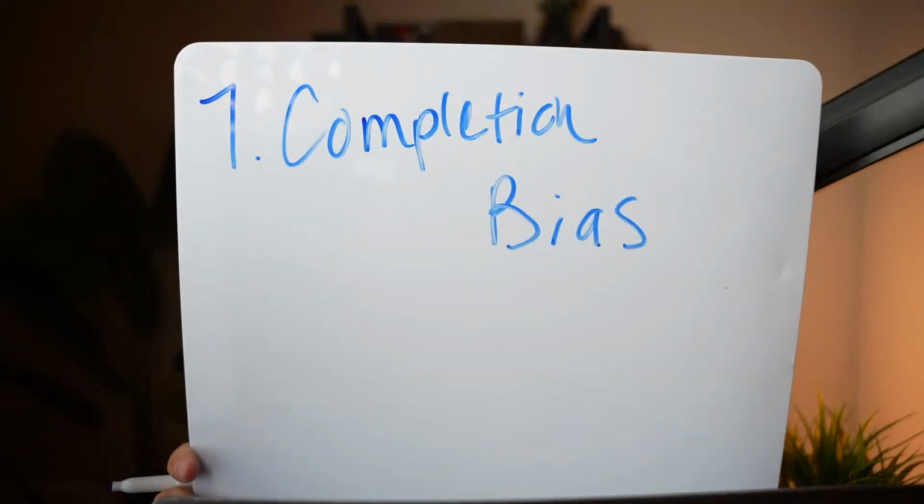This is a big one. Completion bias, right? So finishing books regardless of the value that you gain from that book. I've read a good bit of books, and this is something I think gets talked about. It's brought up in school, where you've got to finish what you start. Don't get me wrong, you hear that all the time. It's like how you do one thing is how you do everything. So I try to be mindful of this, but this is what I do to combat completion bias, which is thinking that you need to finish books regardless of the value that you get from the book, because I've got to finish what I start.